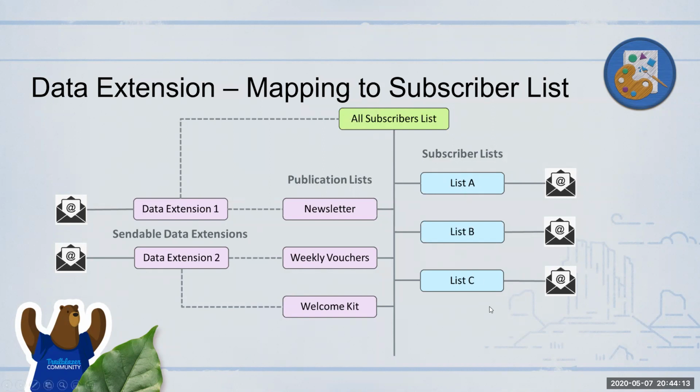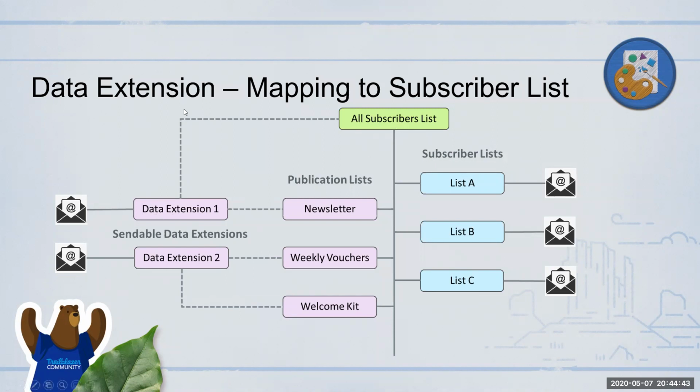Irrespective of where your subscribers are, whether you maintain them in a list or a data extension, before a send happens, it will always check with the all subscribers list and see if we can send a communication out to this person. If the status is active, or if it is bounced, it will be sent out. If it is undeliverable or unsubscribed, it will not be sent to that person. So that is something you need to know. We looked at the statuses briefly yesterday, so just keep that in mind.